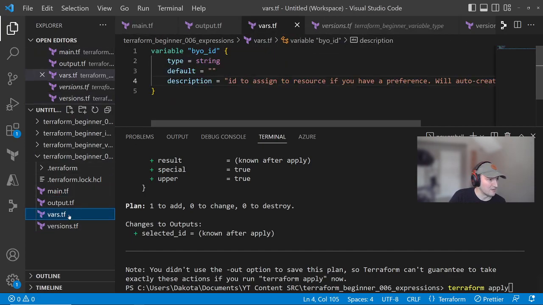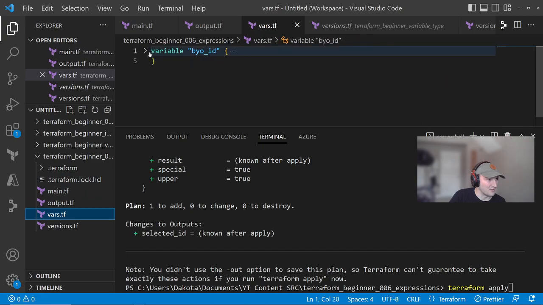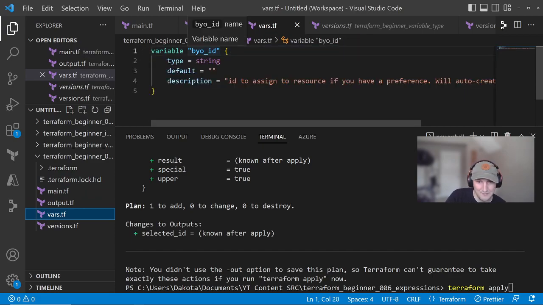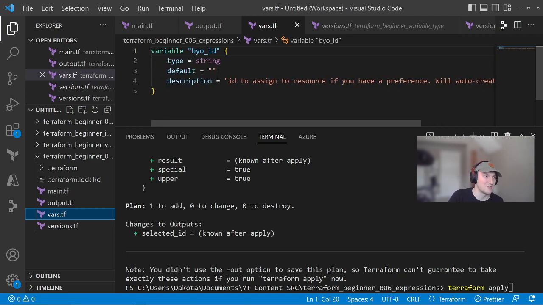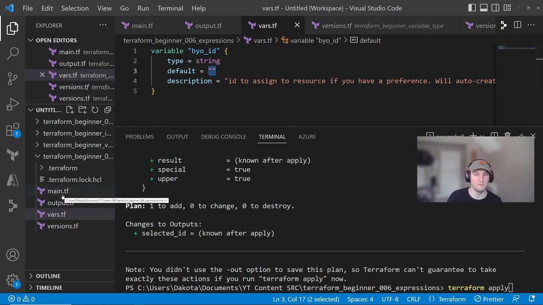In the variables, I have this variable called bring your own ID, BYO ID, with a description that it's an ID to assign to a resource. If you have a preference, will auto create if none provided. And it just defaults to an empty string. What we're going to do is combine this conditional if-then statement in two different places. The first thing that we're going to do with it is we're going to